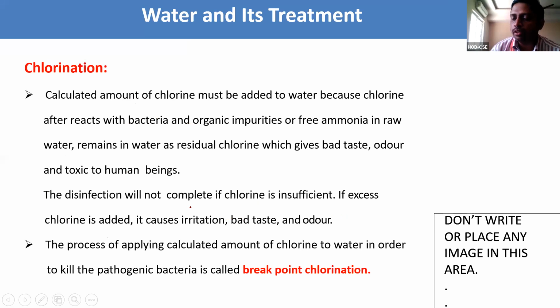Now, we have to use a sufficient amount of chlorine only. Excess use of chlorine also has some disadvantages. We need to use the calculated amount of chlorine, because chlorine, after it reacts with bacteria and organic impurities or free ammonia in the raw water,